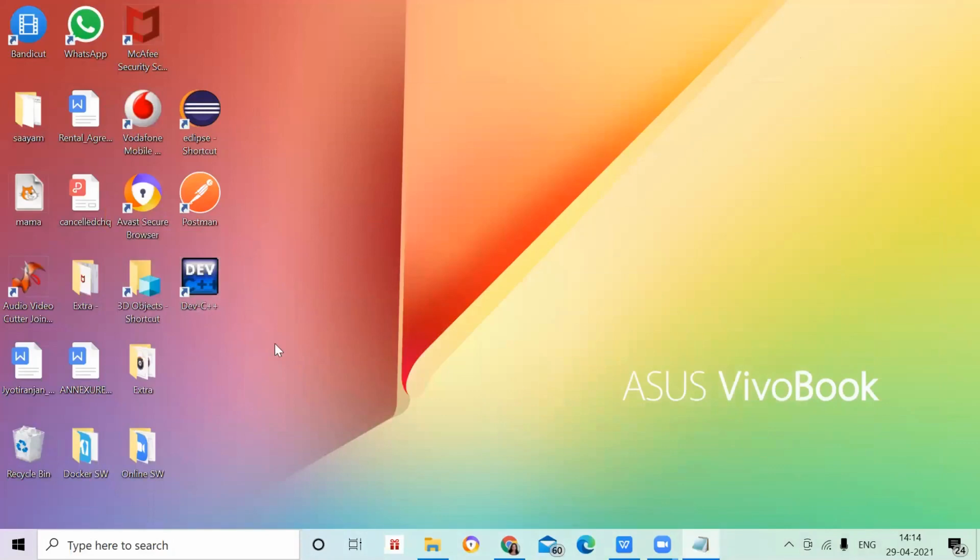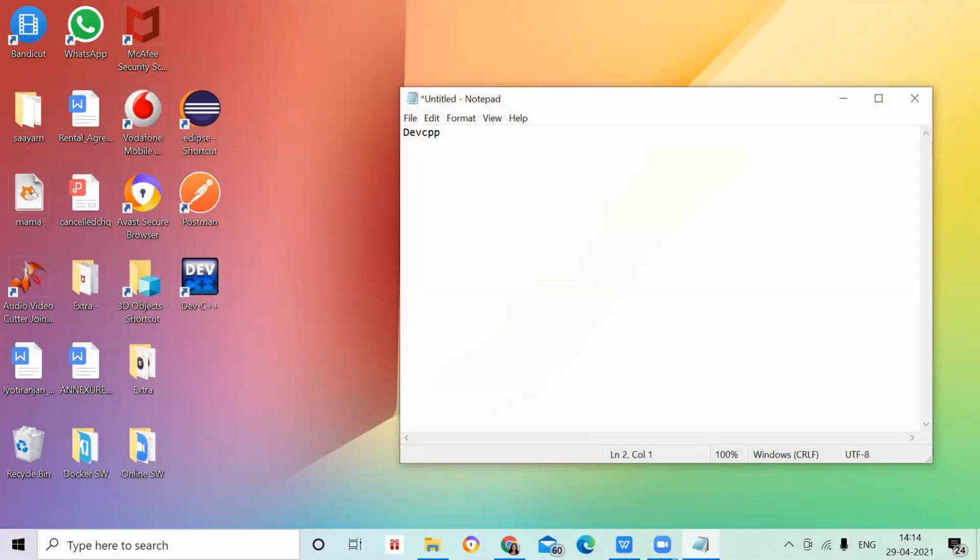We have some other things also to install. Only by installing Dev C++, you cannot run your GLUT files. I will just write it down. You cannot run your GLUT files. If you want to run your GLUT files, GLUT means OpenGL Utility Toolkit. I'll just write this down.